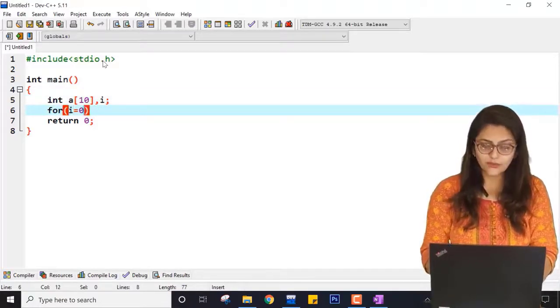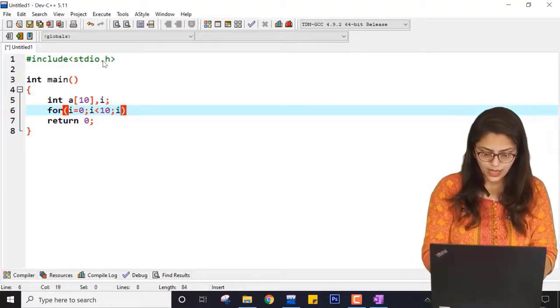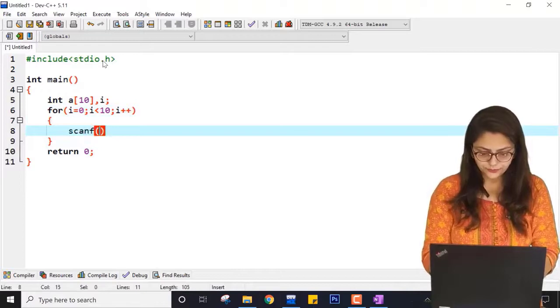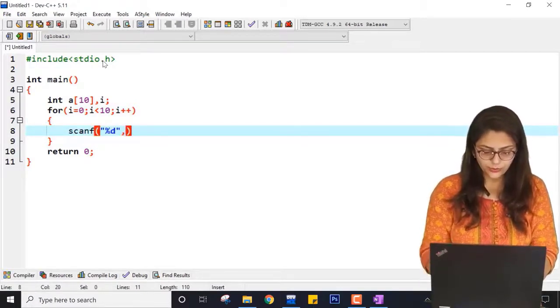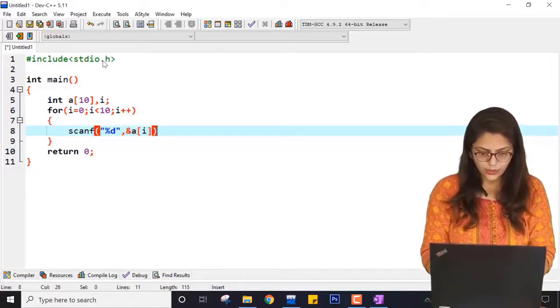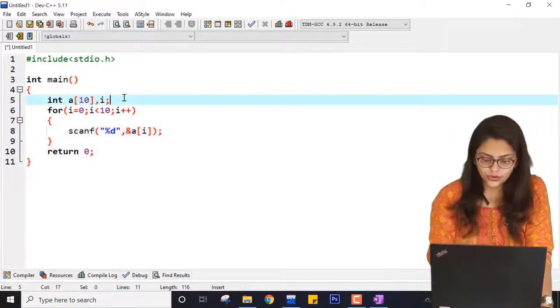So I will be starting with 0 because array index starts with 0, i is less than 10 and i plus plus, and here it will be scanf %d, and here you can write address of a of i. I hope you guys are understanding. We have already done this in my video lectures of arrays.